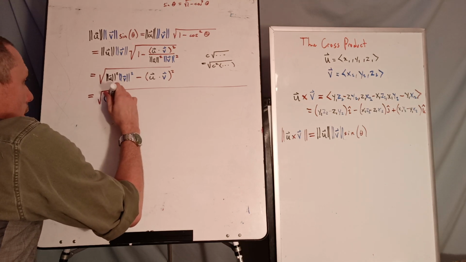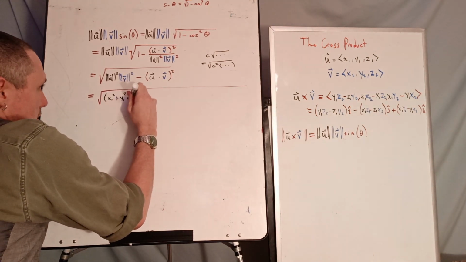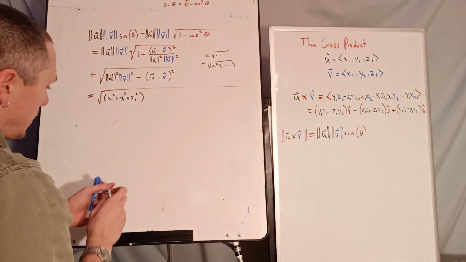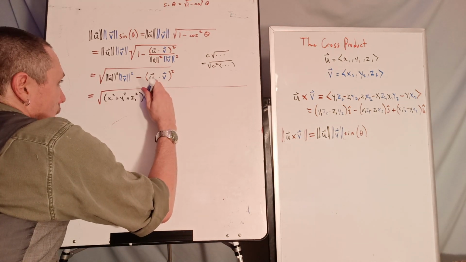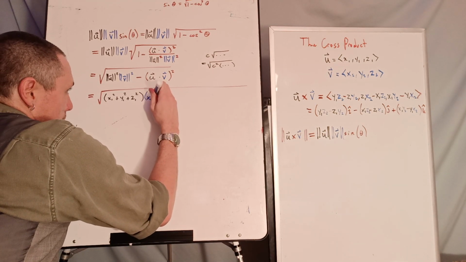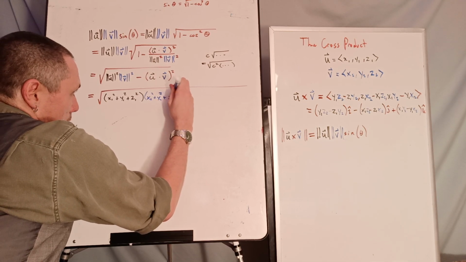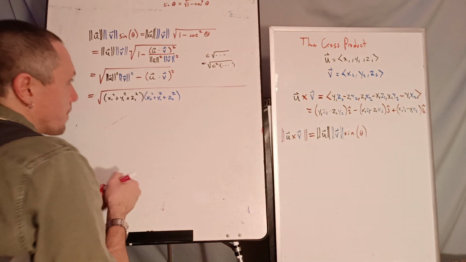Well, this is going to be x1 squared plus y1 squared plus z1 squared times x2 squared plus y2 squared plus z2 squared minus,